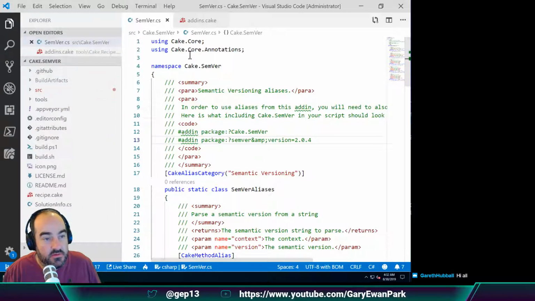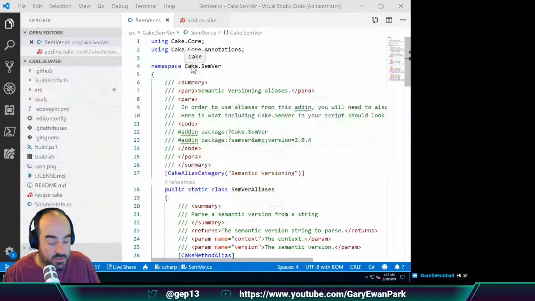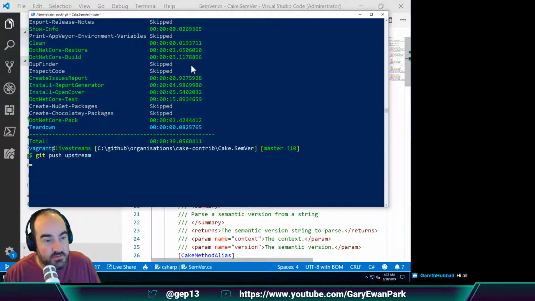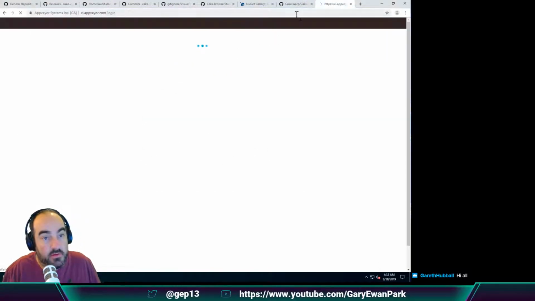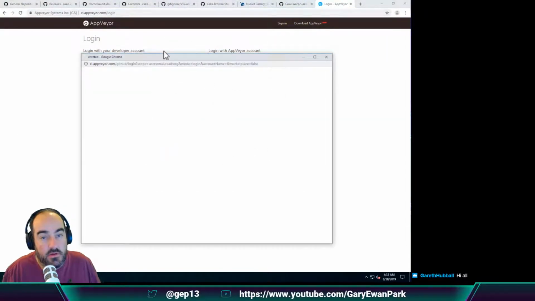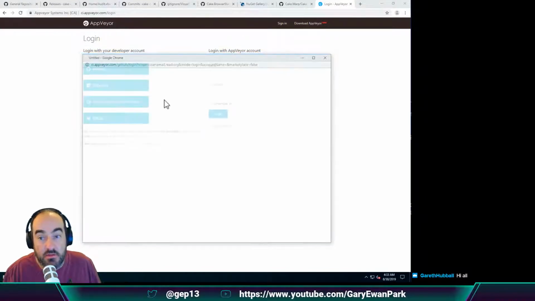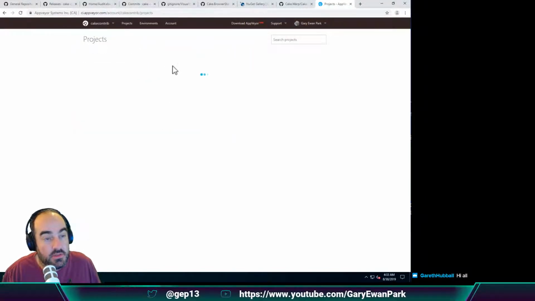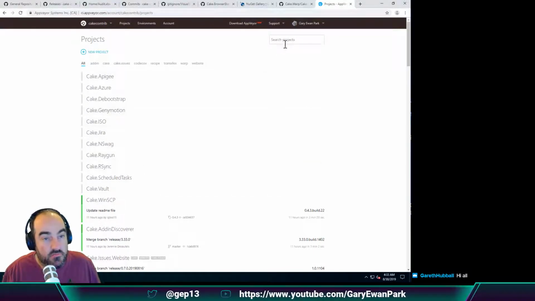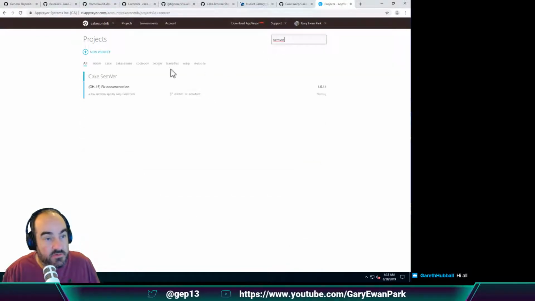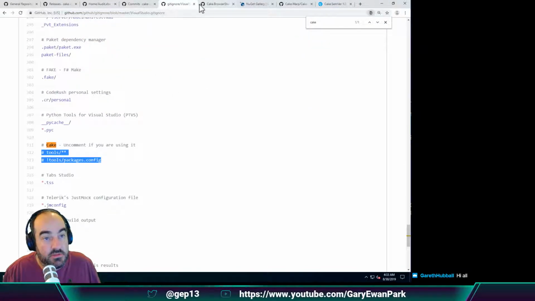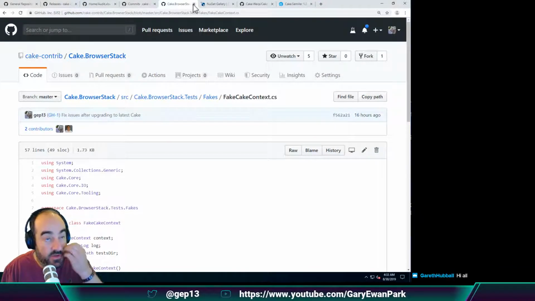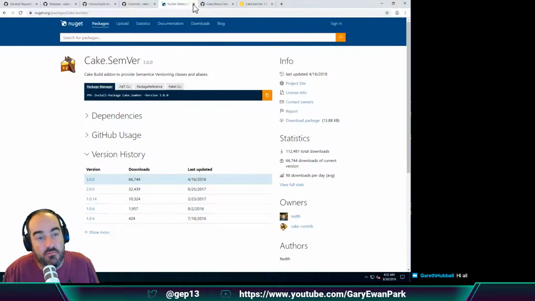I think I'm going to push this up, and I'm going to see if the app.ver build passes. So I'm going to do that, and I'm going to open up app.ver and check the build result. So we should, hopefully, if we search for SemVer, it's there. So let's see if that builds. And if it does, then because I haven't changed really any code in the project, I'm happy to then push